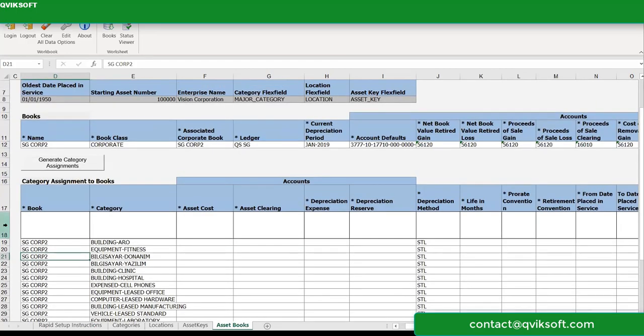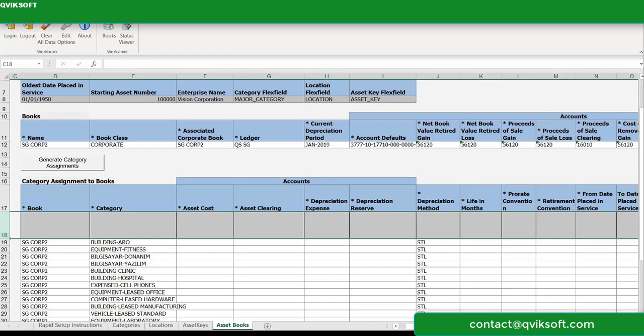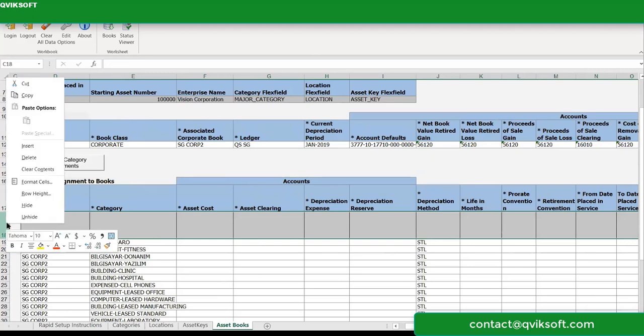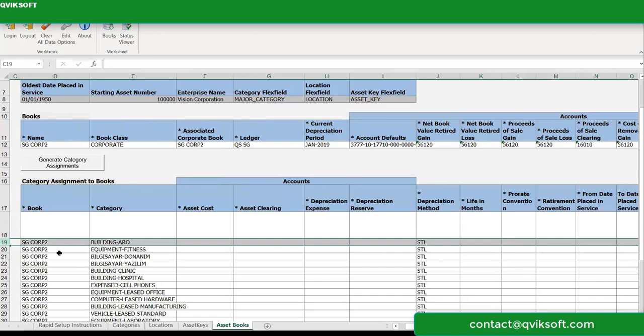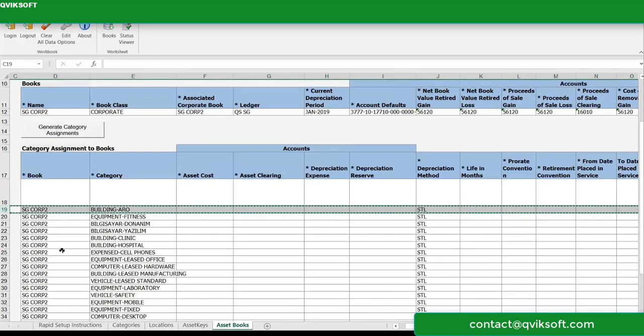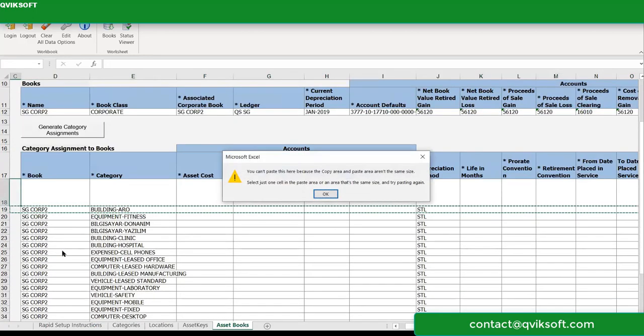Another important thing is this: it creates a blank line. I don't know what the purpose of this line is, but because of this, if you leave it there, it will not populate any of your assignments. You try to delete this, it still comes back. So one option is to take this line and cut paste it onto that line.